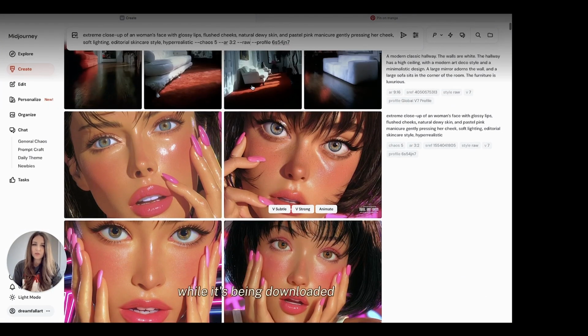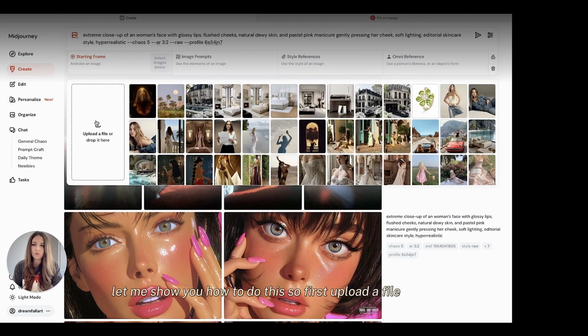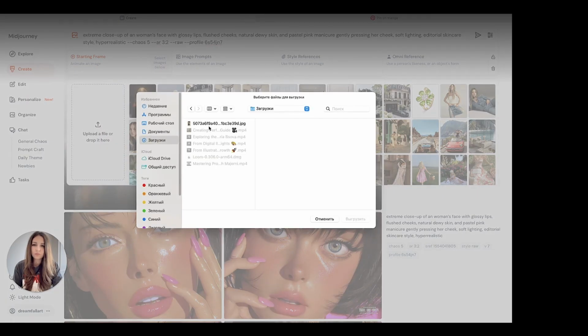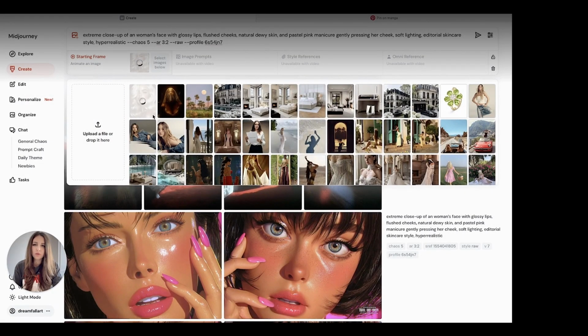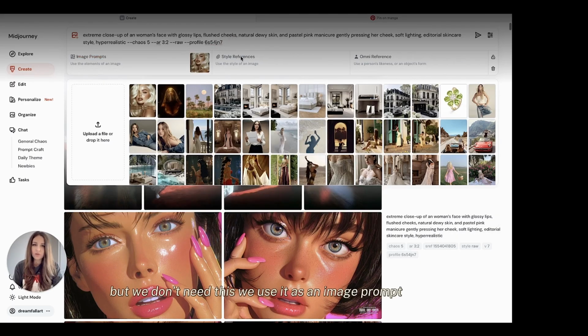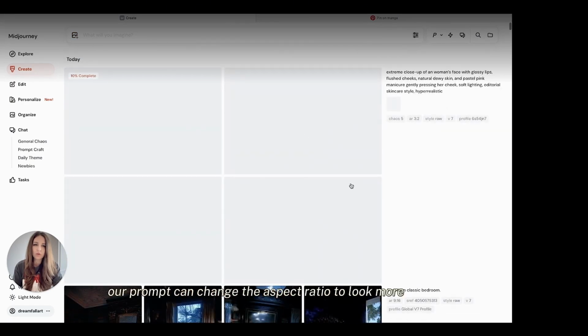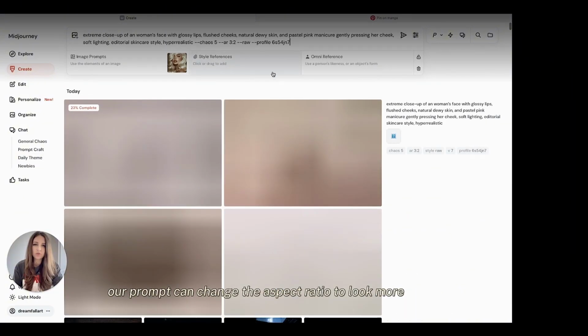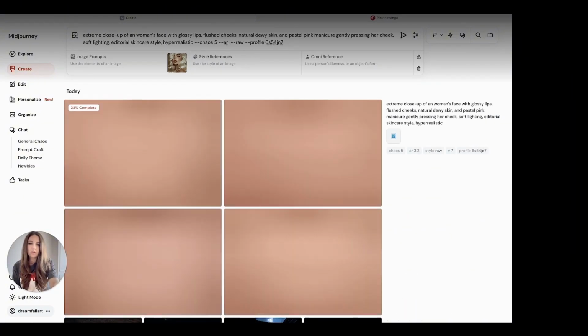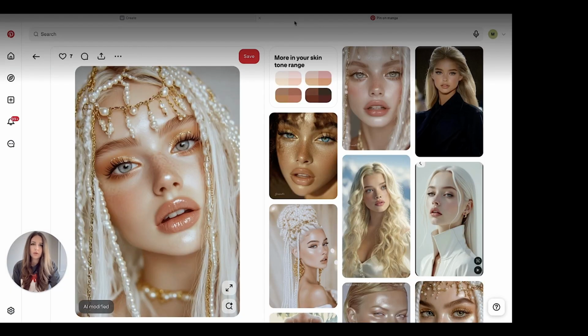While it's being downloaded, let me show you how to do this. So we first upload a file. Let's upload this one. And it automatically goes to starting frame for video, which I really love, but we don't need this. We use it as an image prompt, and just start our prompt. You can change the aspect ratio to the most convenient one. Oh, finally. So we also download it,